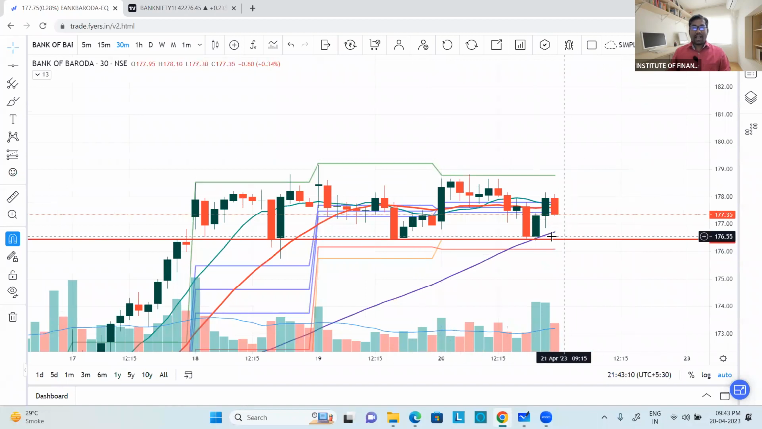The reason why I kept stop loss below 176 is this: whenever we were taking a trade, it was here and there was immediate support of CPR, then there is an immediate support of this and this support। We got three supports right now, it is called confluence।